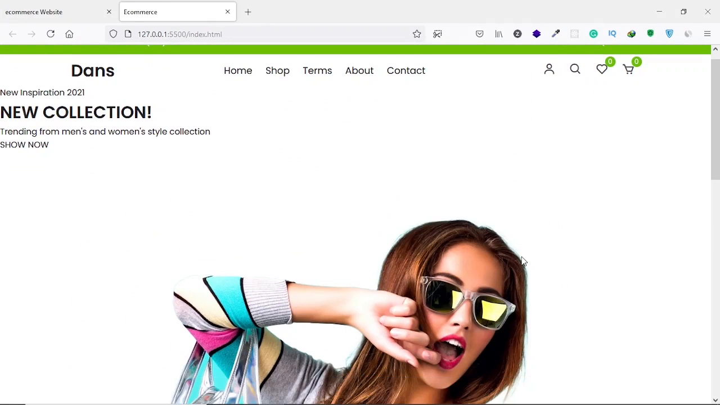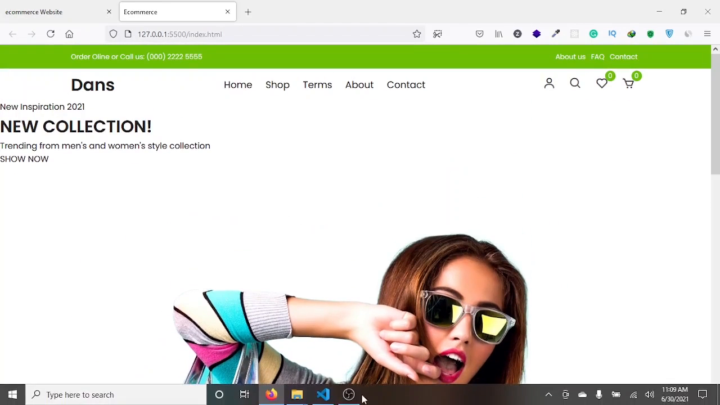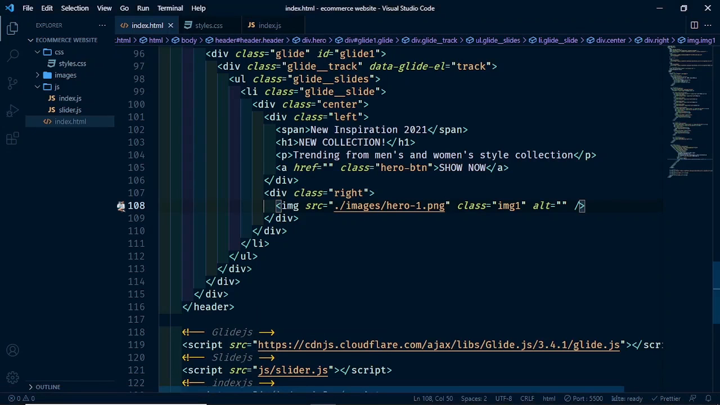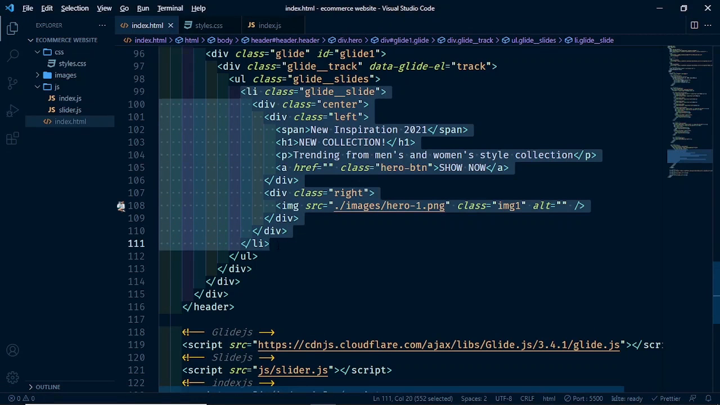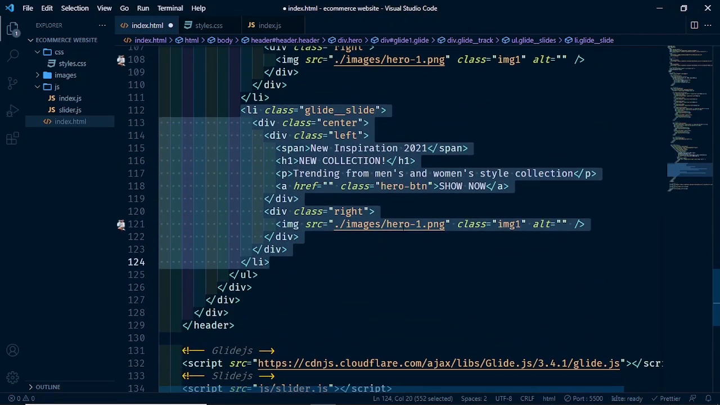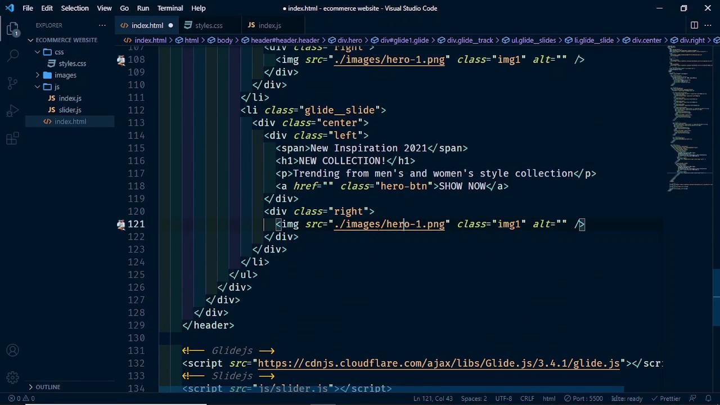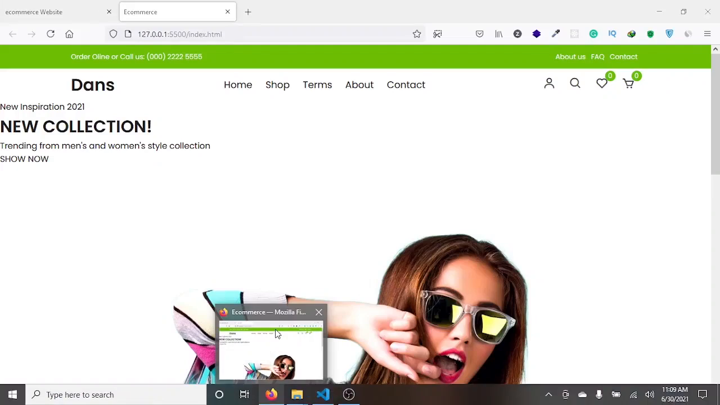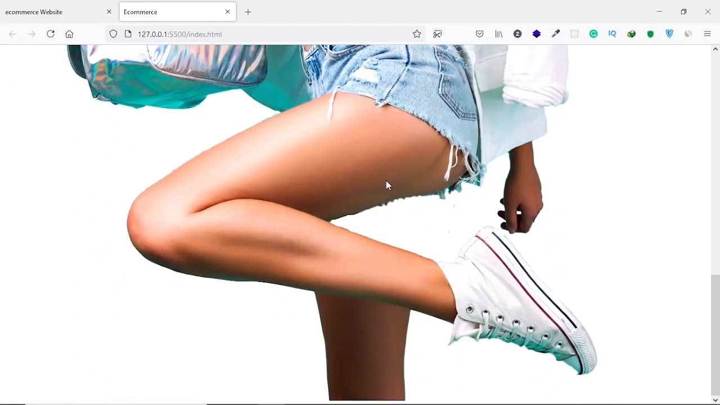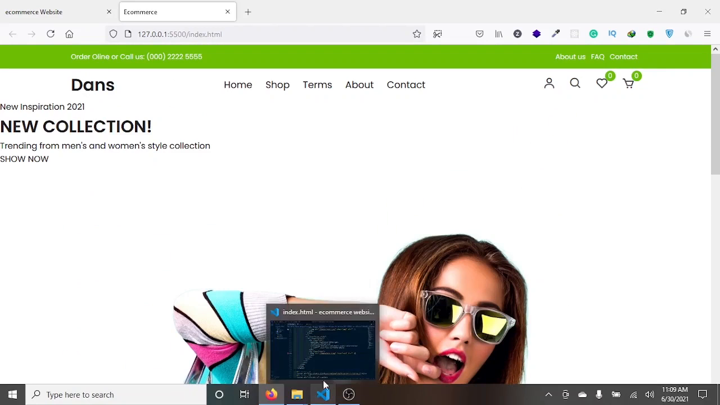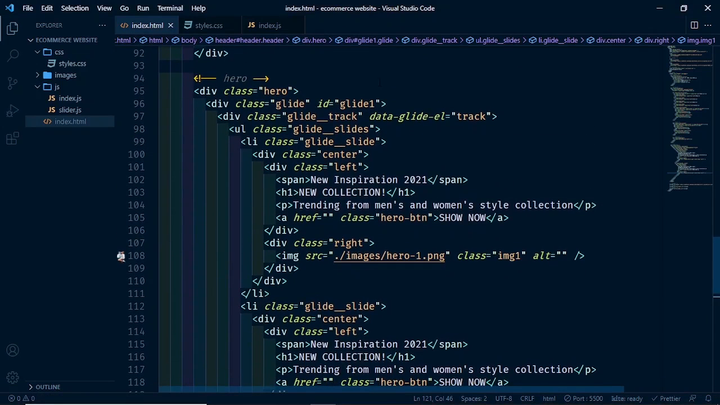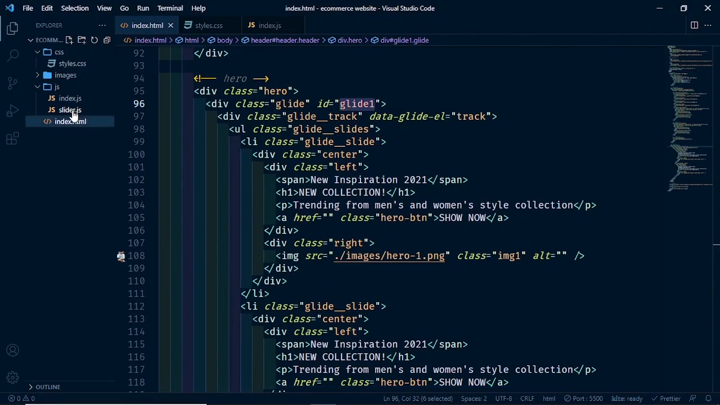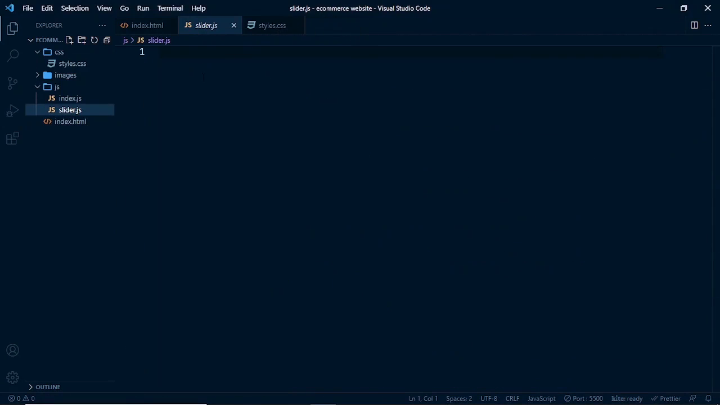So let me close this for now, and nothing is happening. So go back to our index.html. Let's copy and paste the li, and let's change the image in the second li to 2. Save this. If you go back to your browser, you'll still not see any change. We have to initialize the slider, so we have to copy this id, go to our slider, so slider.js,